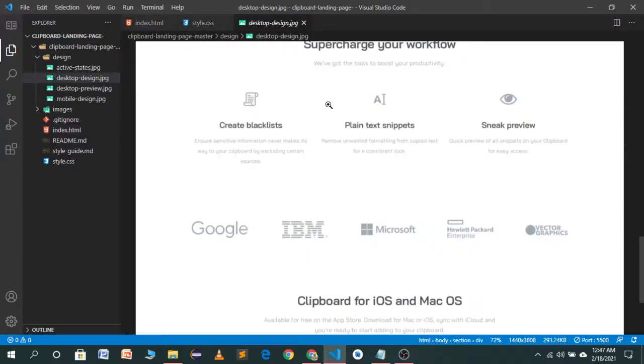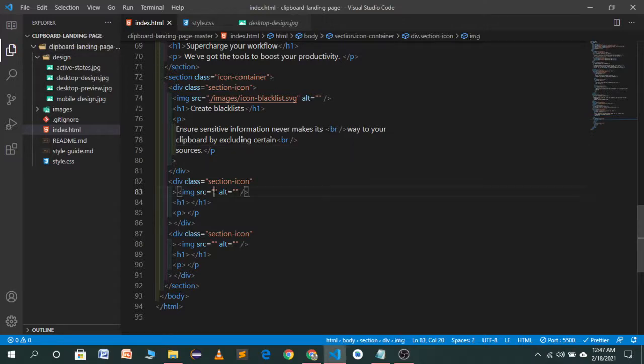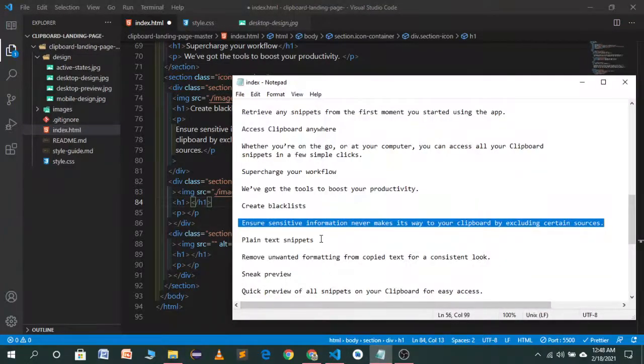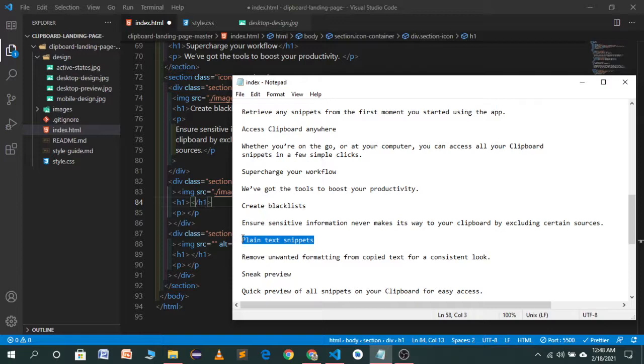Now the second part, we want this icon. So let's go to the images. After blacklist, I think the icon, text, and heading will be plain text snippets.